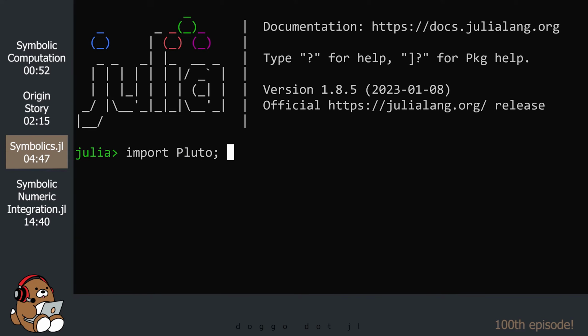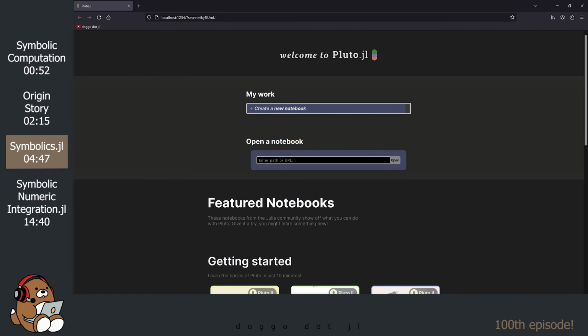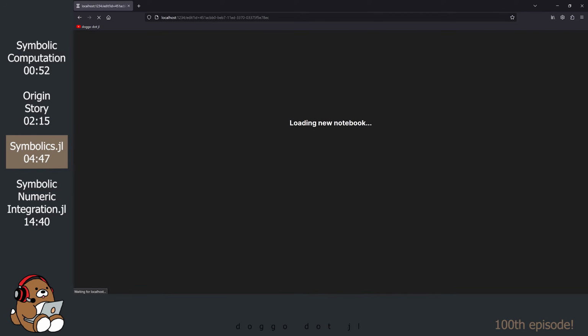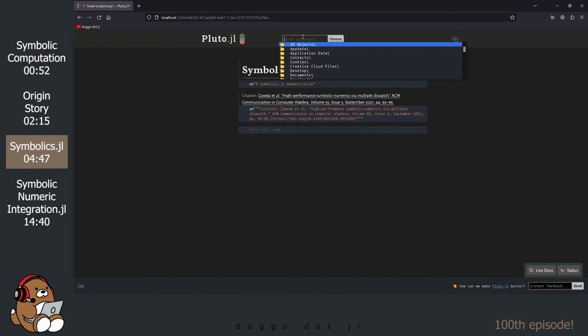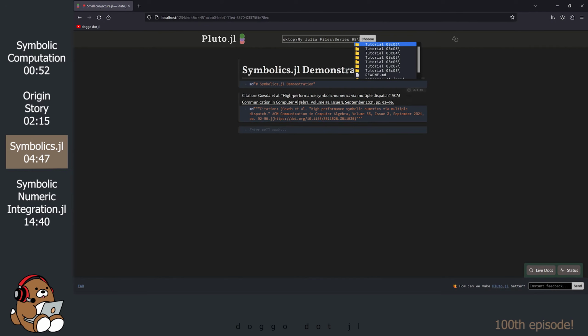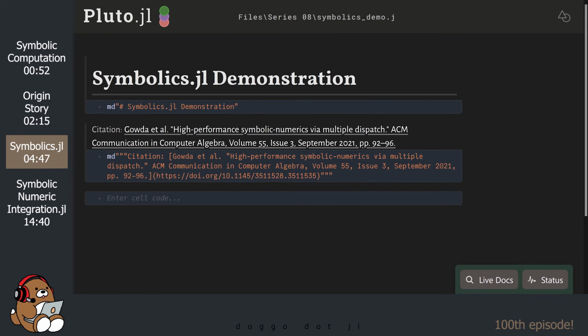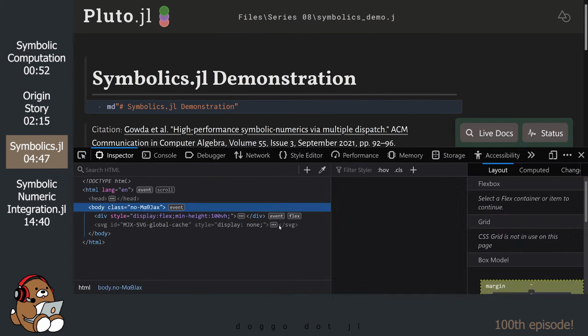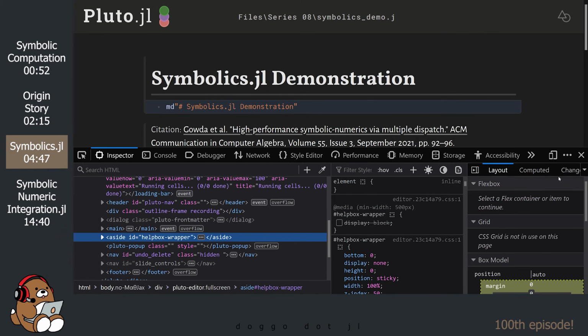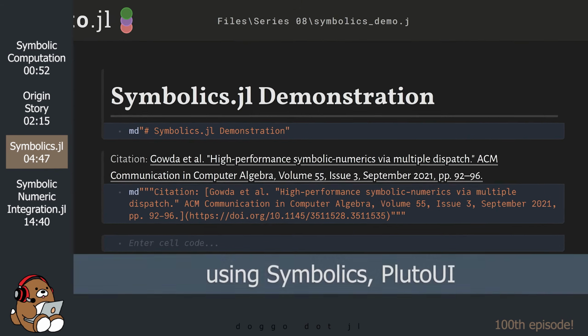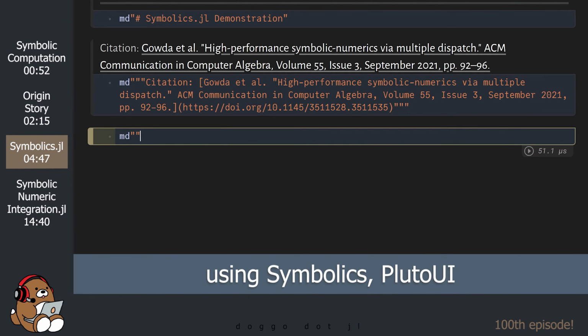Let's fire up Pluto and create a new notebook. Let's start by loading a few packages.